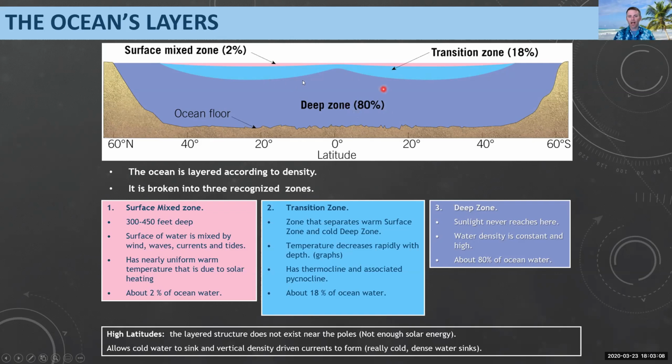So why do we have this funny bulge of the deep zone, where the sunlight never reaches, where the water density is super constant and high? It's 80% of the ocean. So why does it bubble up right there? Well, part of it, hopefully, if I can draw, let's see here. Because at the surface, if you have